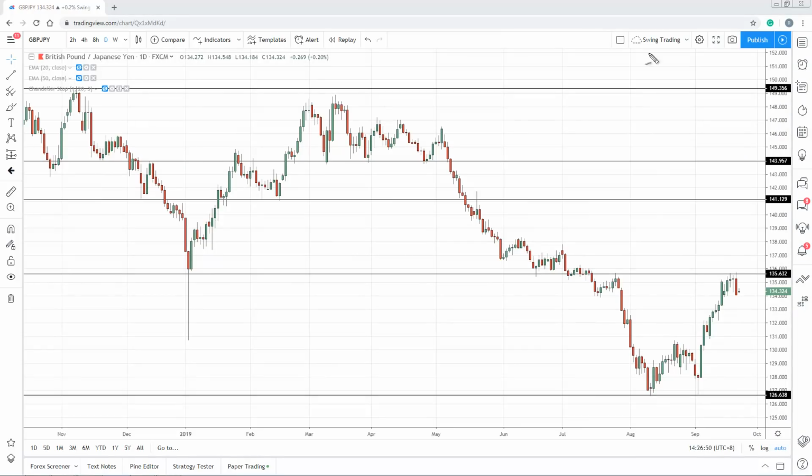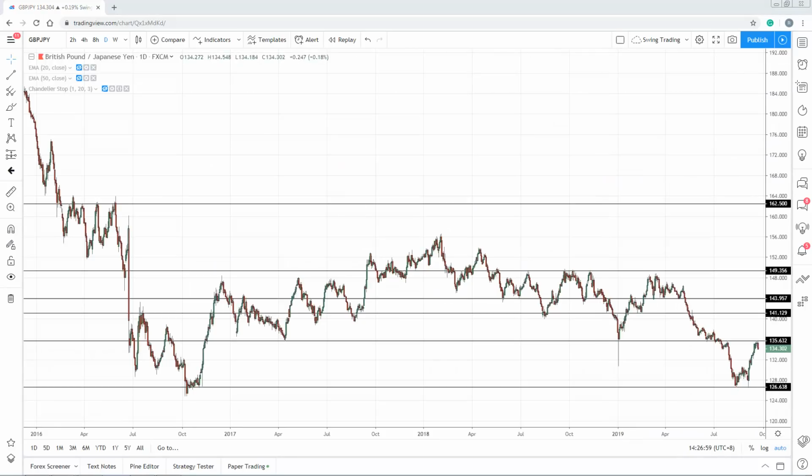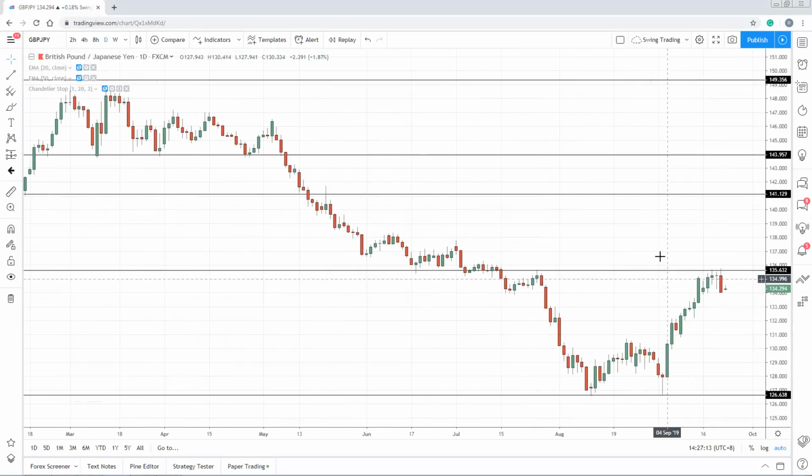And okay, so pound yen, you can see that the price right now came into this previous support and resistance. I'll just zoom back a little bit. You can see what I mean, right? It's a key level. Tested once, almost twice, thrice, 4 times, broke down, retested, down, and now it's back here at this level, around the 135.50 level. So what I'm looking for again is